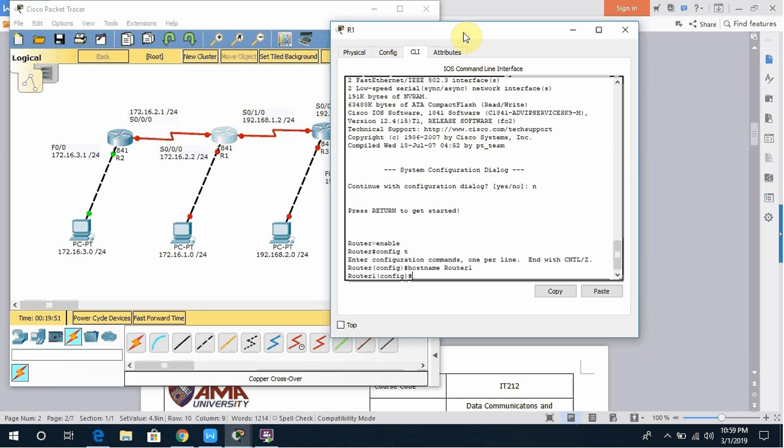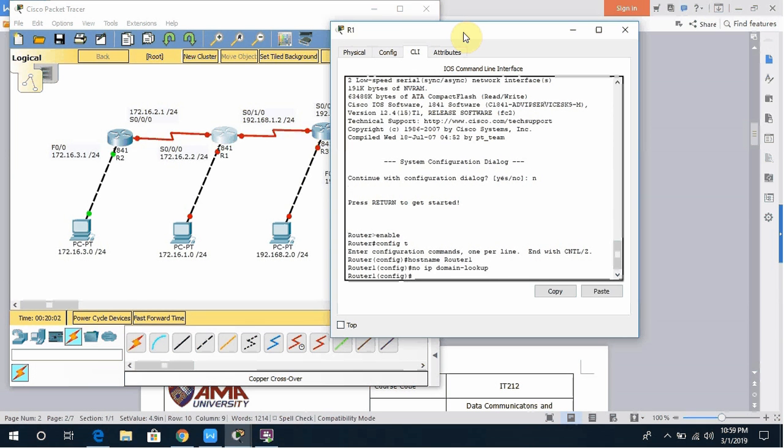Then we'll put no ip domain lookup, enable secret class,